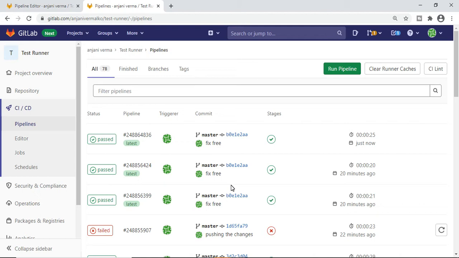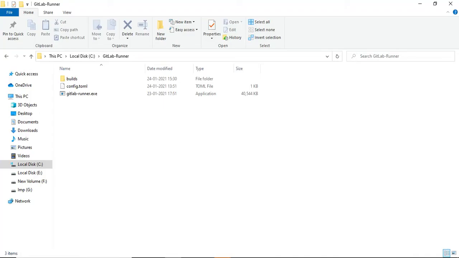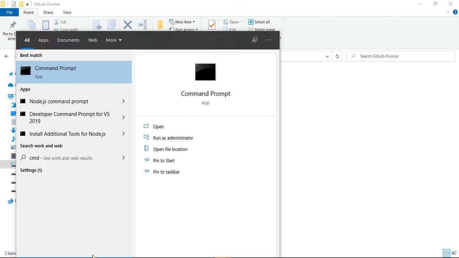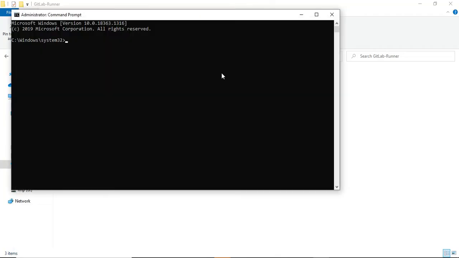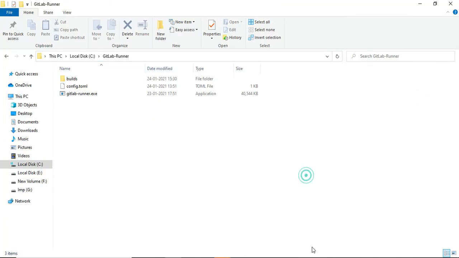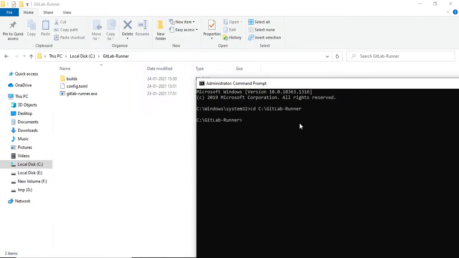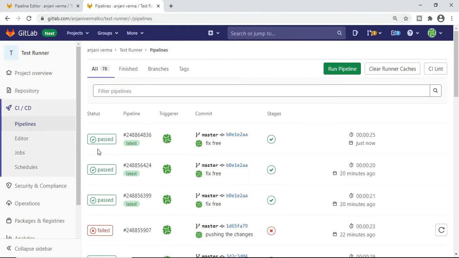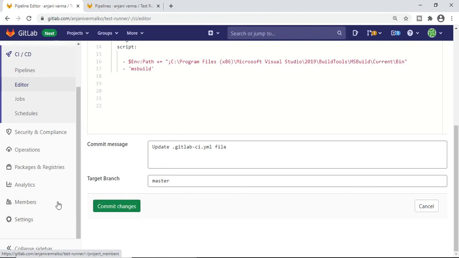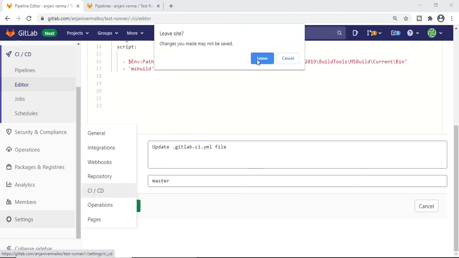You also need to be careful that you run your runner in your local folder. For this, open the command prompt as an admin, copy this path, and cd into it. Now you are in this directory, and you also need to make sure the runner is started, and only then are you able to run this pipeline, else it will always be in pending mode.